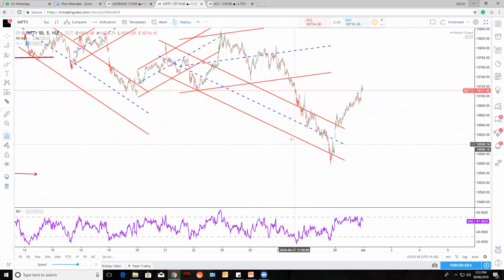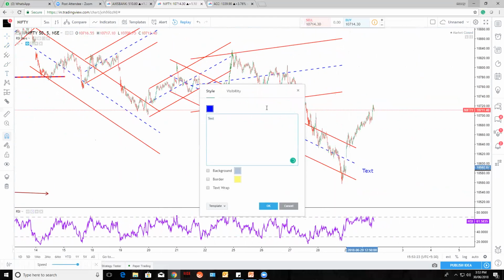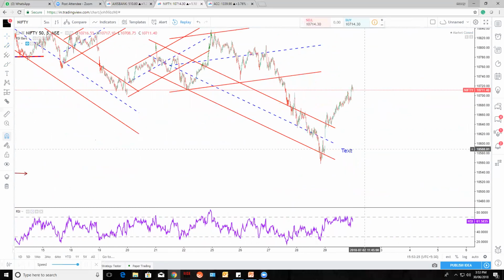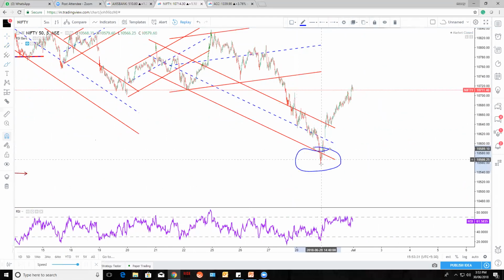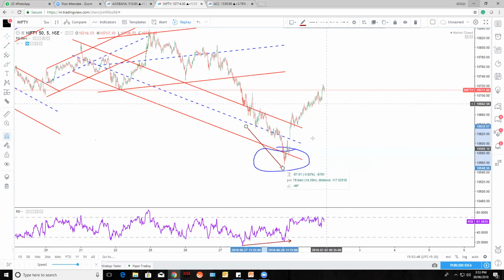So this is the channel bottom. Suppose we are not going to sell here, right? This won't work because it's a channel low. At this particular point it's a channel low, whether you're going to sell here, no, right? And see the RSI. Take the RSI, see what the RSI is telling you. It's a divergence. See the RSI here, the price is making a lower low and the RSI is making a higher high. Then what is the fair chance here? To buy, on the confirmation, or at least at the channel low, keep it as a stop loss and buy it for further.